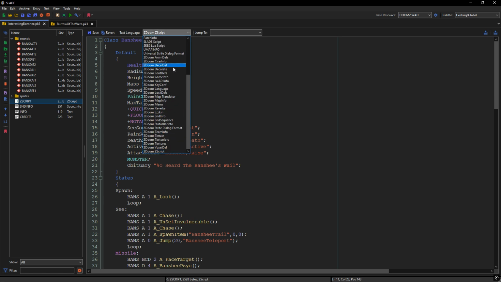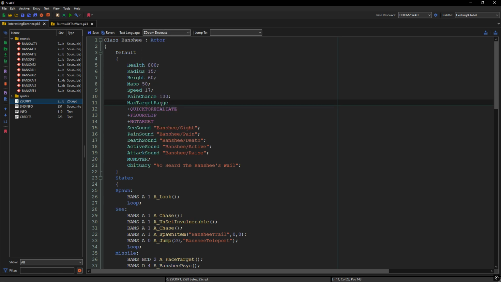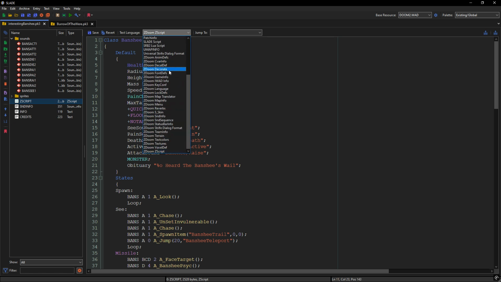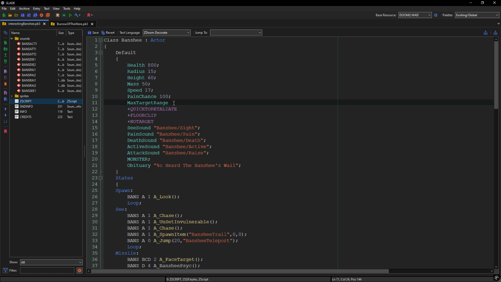I hate this stuff because for some reason in Decorate, if the property exists, it will be highlighted by a color, cyan, green. But for some reason in ZScript you don't have that. I only have it for some, but not for all of them, and I don't really know why. This is really annoying sometimes, because I don't really know if I write it correctly. Anyhow, max target range, we can go with the